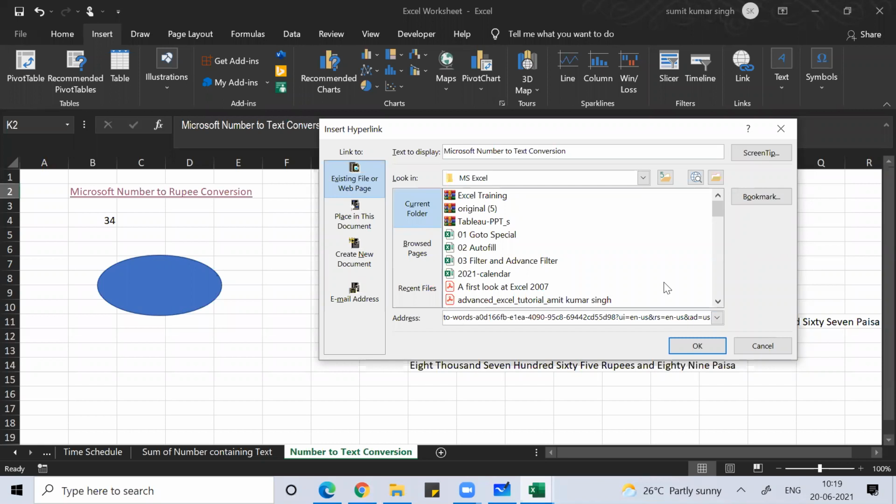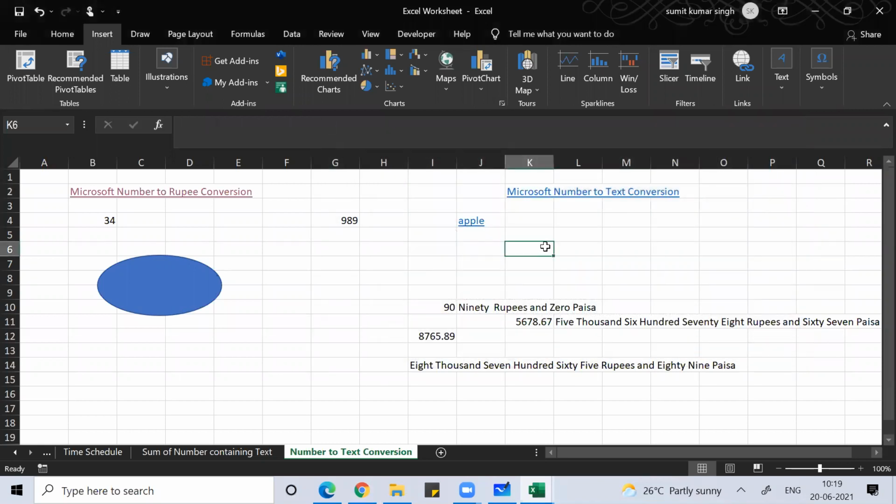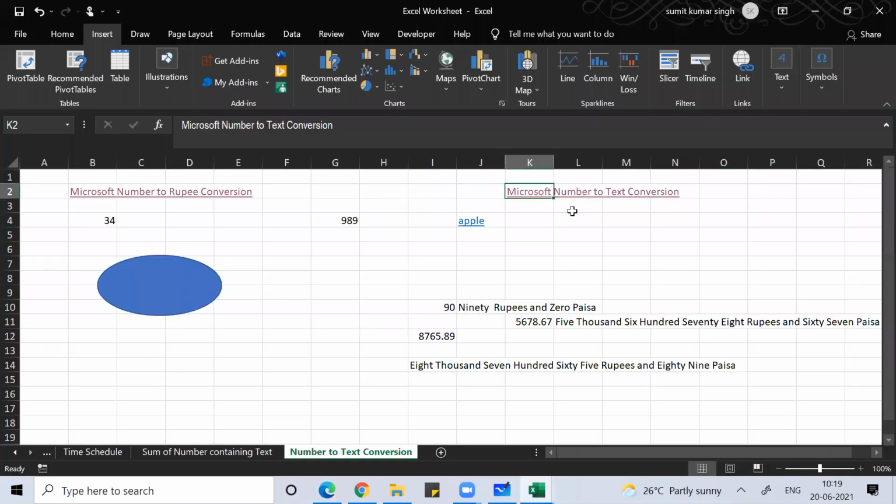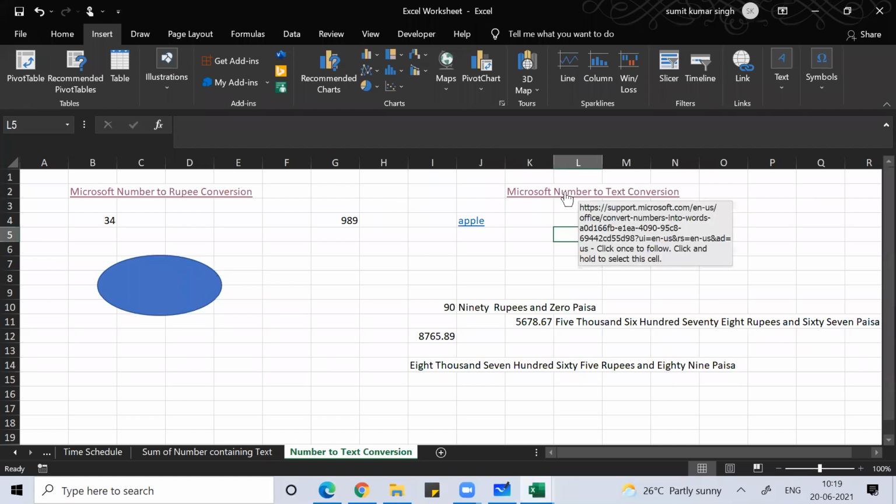Then you can press OK. The moment you click there, you have created that hyperlink, and it will get converted. Now if you click on this link,